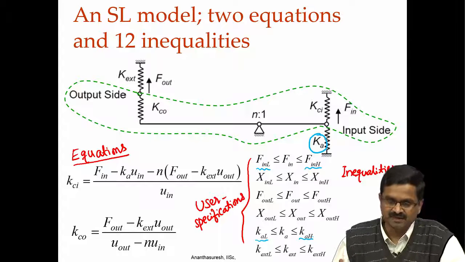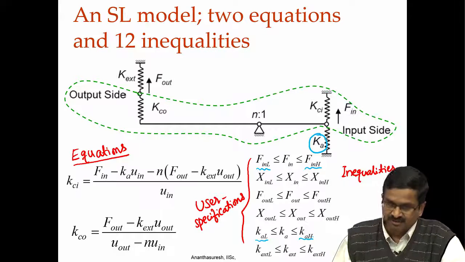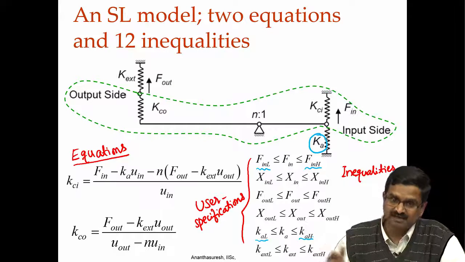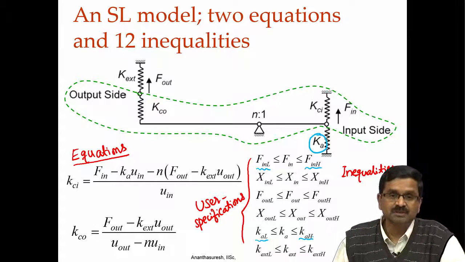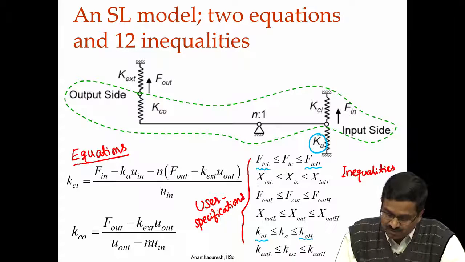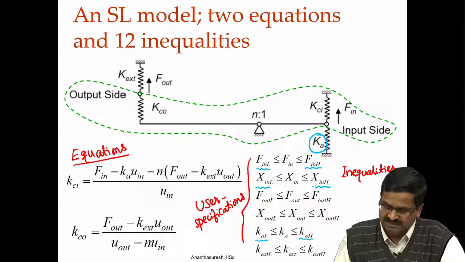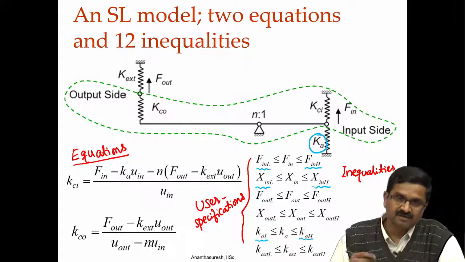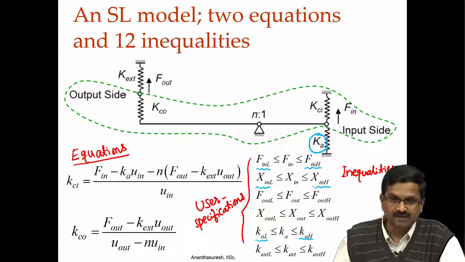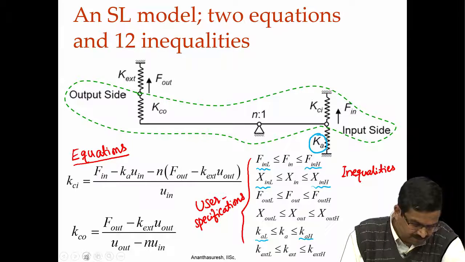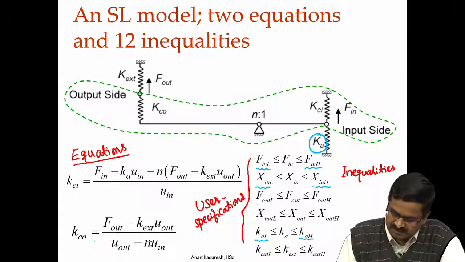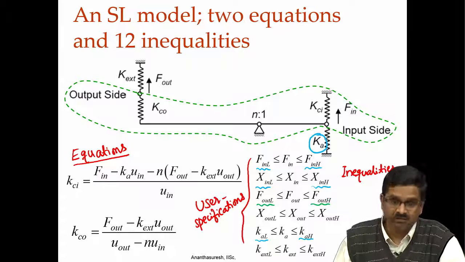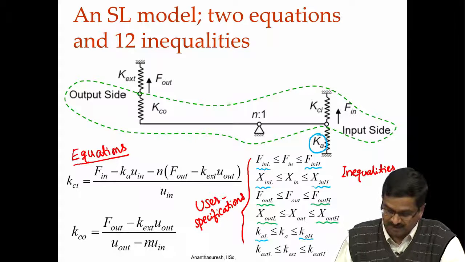and one can provide lower and upper limits. That is, if you have a bunch of actuators, then the user who wants to use the actuators and wants to design a compliant mechanism will know these values, how much force can be delivered by the actuator and how much stiffness will be there, and also the displacement at the input port Xn, how much displacement the actuator would have. And similarly, the user would also know what they want at the output. So, they can specify the output force, how much they want if they want, and how much displacement they want if they want. So, those things are easy to specify.